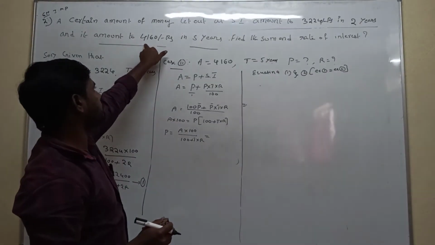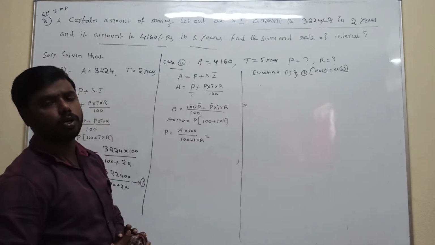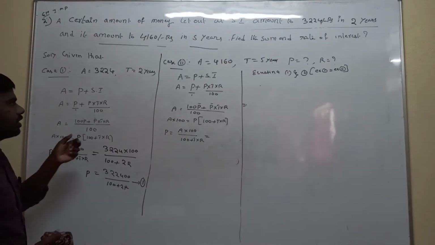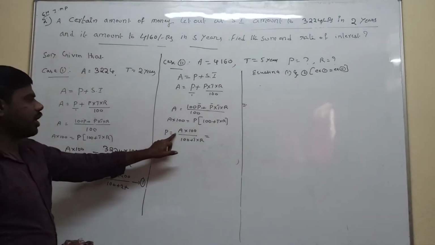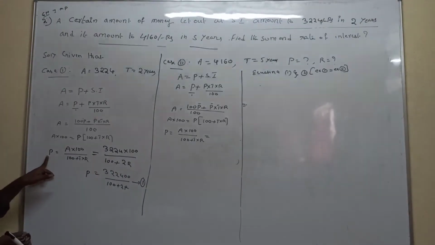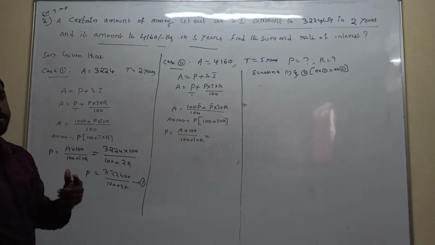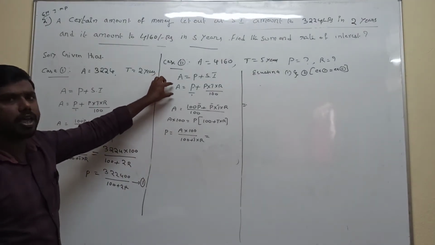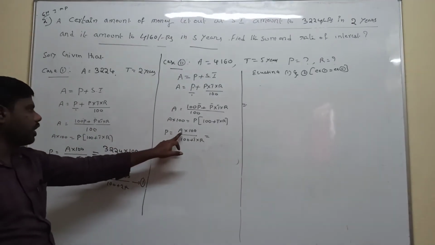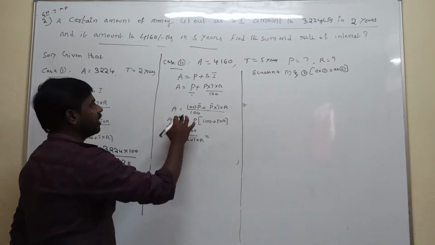Second case they give total amount 4160, time T is equal to 5 years. Now here also applying the total amount capital A is equal to P plus simple interest. What is the P value directly? You know this formula, right? Directly P is equal to A into 100 divided by 100 plus TR. This part is no need because you already know the P value. If you want to express step by step, that's why I am explaining every step. Directly P is equal to A into 100 divided by 100 plus TR, you can write after substituting the values. What is the A given?